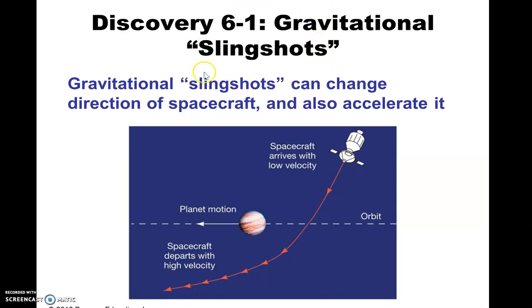You might have heard of this, the gravitational slingshot. So when a spacecraft gets close enough to a planet, the gravity becomes very strong, and that can actually change either the direction or the speed. In other words, it can accelerate a spacecraft. So it'll go from one velocity to a greater velocity, and also change its direction. So we've used that for many years, especially for spacecraft in the outer parts of the solar system. Although we